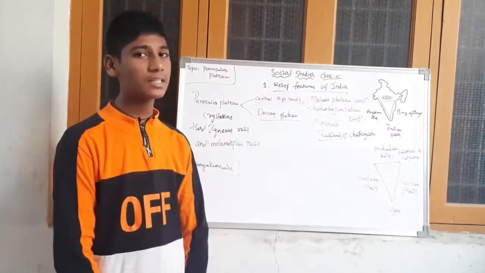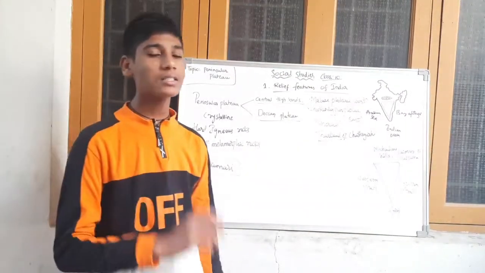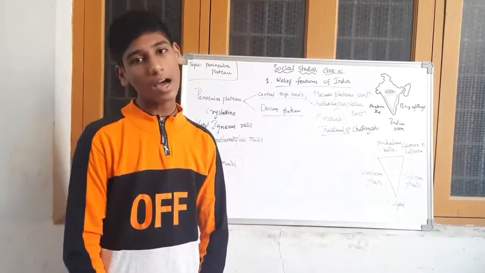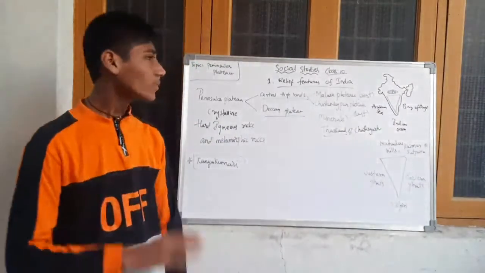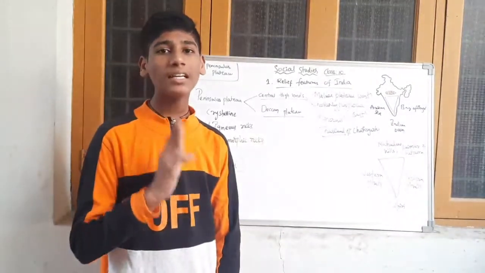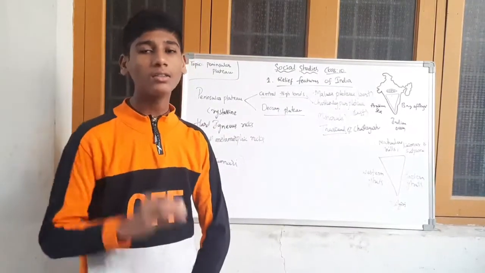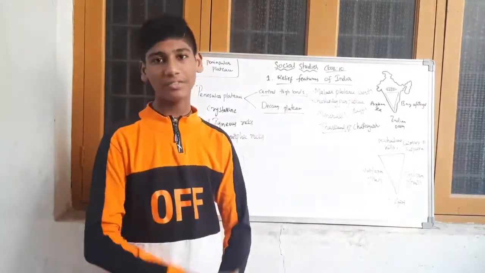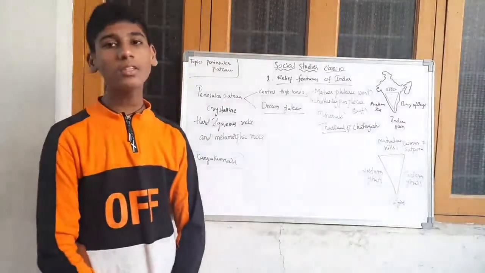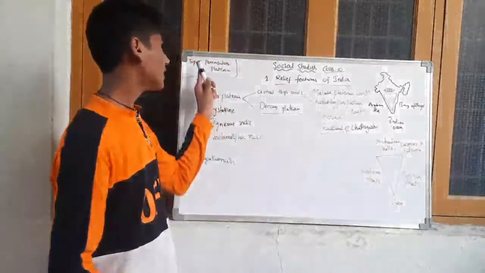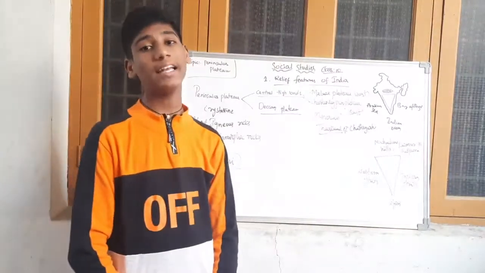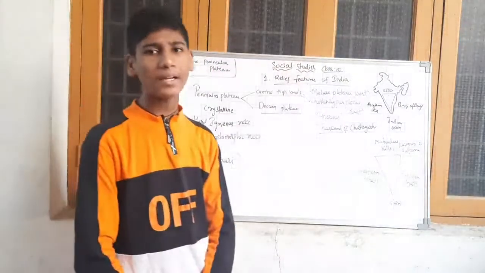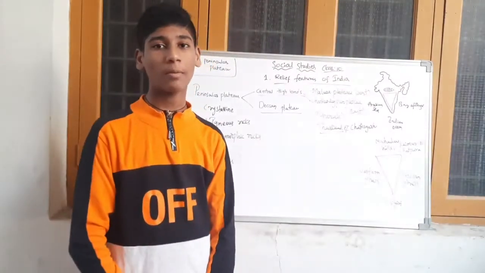In part 3, in the previous class, we discussed the Indo-Gangetic Plain and Thar Desert. Now, till now we completed 3 major relief features of India. There are a total of 6 major relief features of India. We completed half of the lesson, and this is the 4th relief feature of India, that is the Peninsular Plateau or Indian Plateau. The question arises: why is the Indian Plateau also called the Peninsular Plateau?